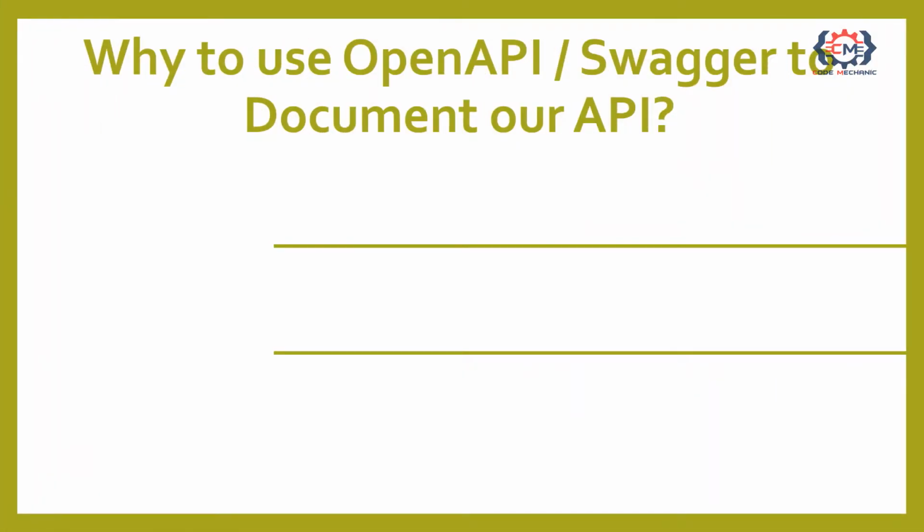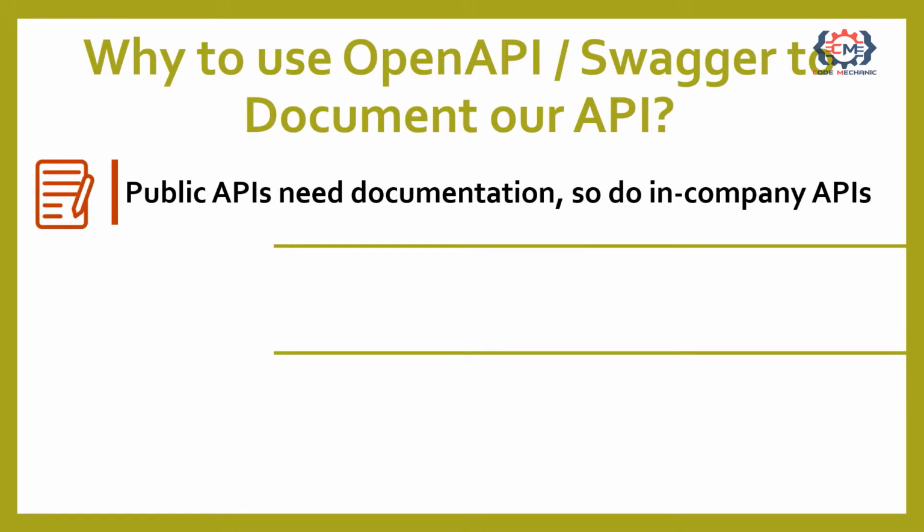Documenting an API is very important. When it's publicly available, this needs no additional explanation. But even if it is not publicly available, it should be documented. Imagine you are building an API for your fellow developers or one that will be used by other teams in the company. There is of course the fact that you don't want to spend your time answering the same question, how do I integrate with this API, over and over again? It hurts your productivity and wastes your valuable time.